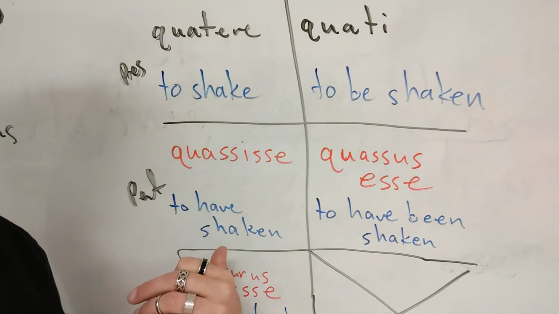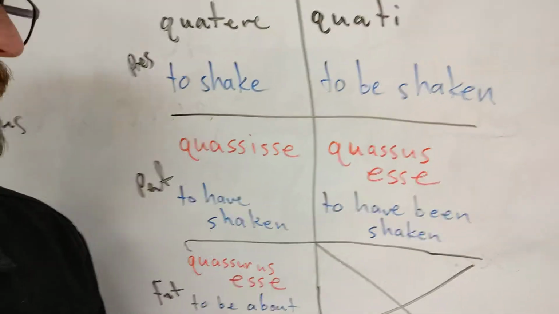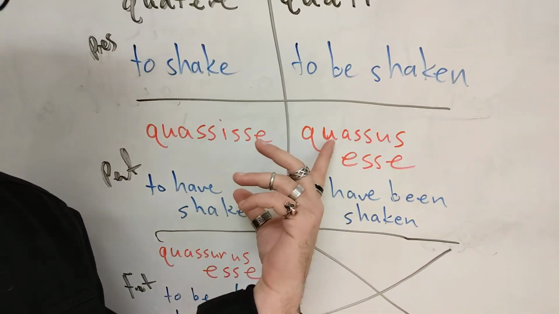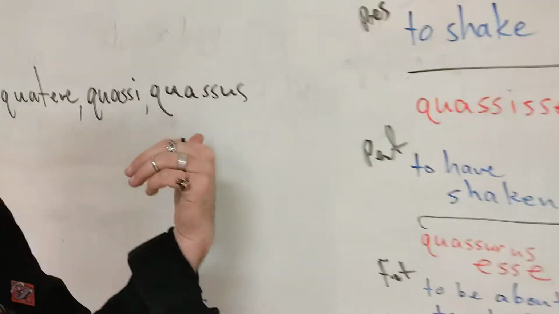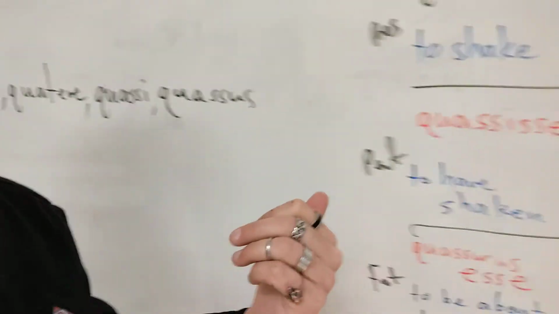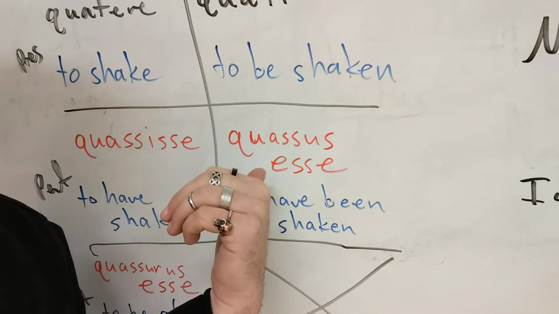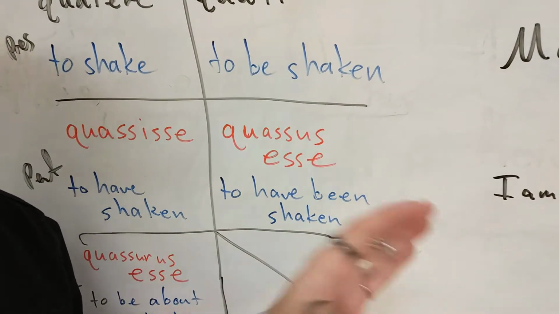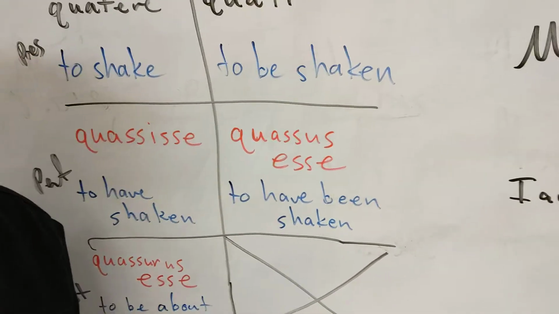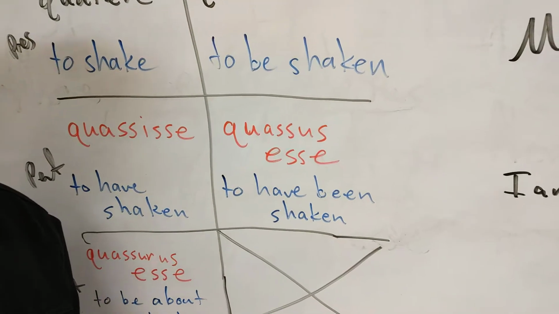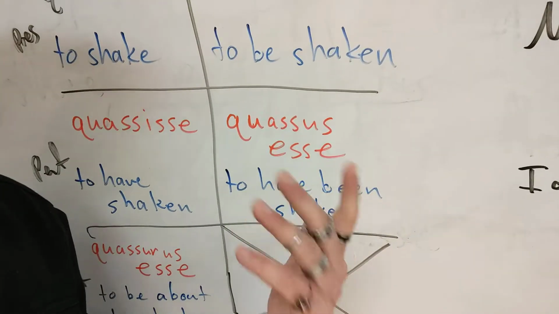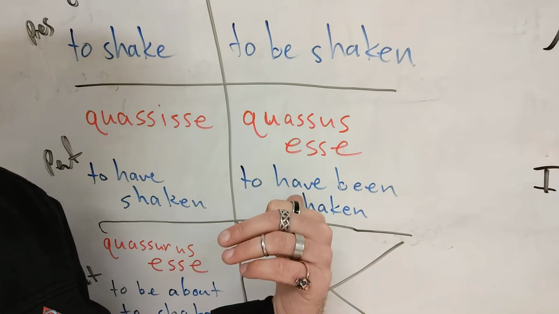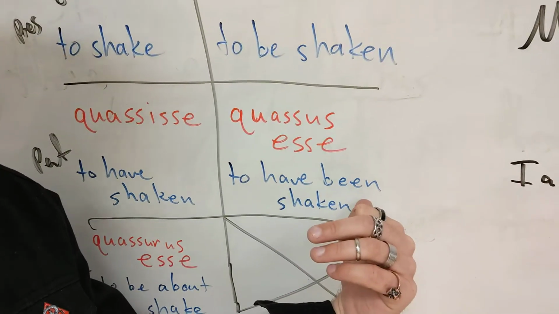To have shaken. Well, if you're going to make it perfect and passive, well, of course, we start with the supine stem, right? That's our fourth principal part over here. So we'll have our supine stem, and then we'll add essa, but as a second, separate word, just like we would do again with a finite passive verb, right? We would have like est or sunt or something, right? And so we'll have our to because it's an infinitive, have because it's perfect, and a been because it's passive,